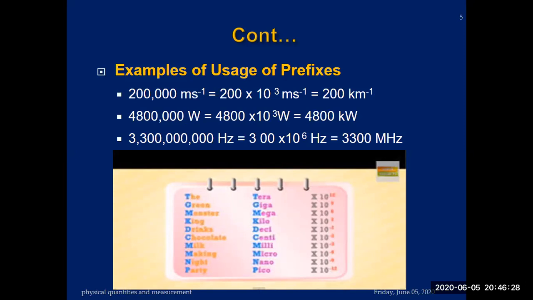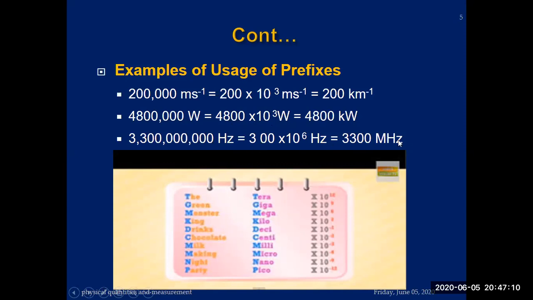If you see another unit, kilowatt, written in this system of digits, you can write it as 4800. Then you convert it using 10 raised to power 3, which you have already seen in the last table, and it becomes kilo. Then you see the unit of frequency is written in hertz. You see three zeros, again 30. You multiply, it becomes 10 raised to the power 6. When it becomes 10 raised to the power 6, then you can convert it to megahertz.